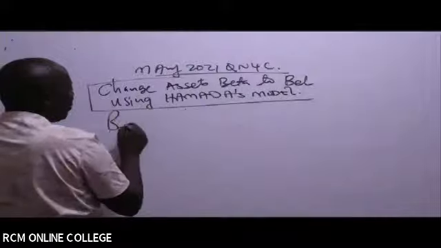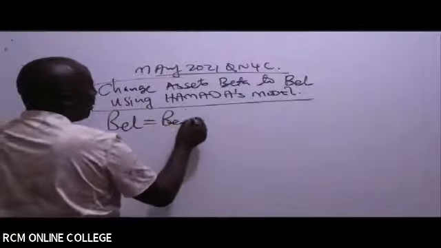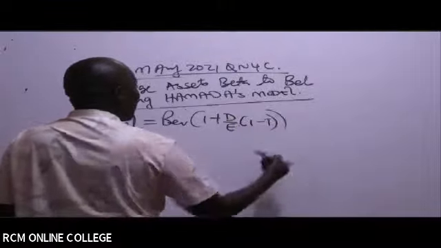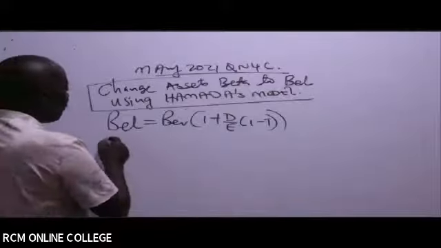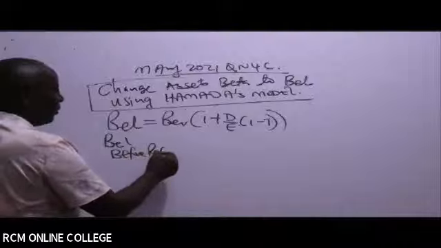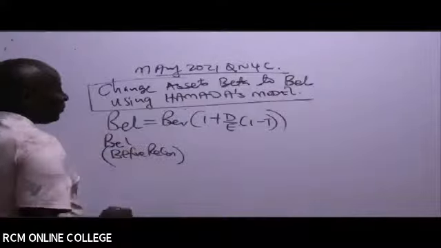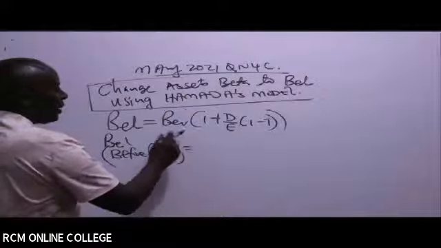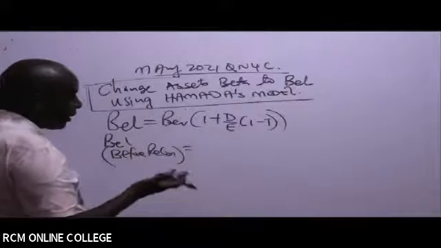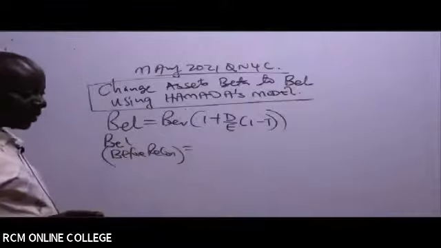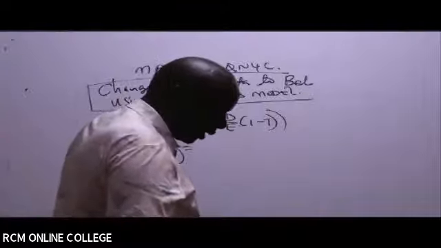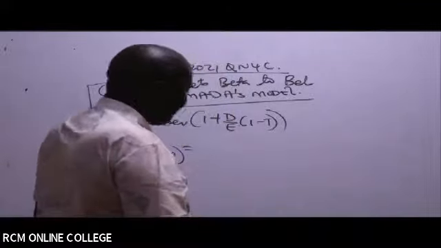Highlight that. So we know Hamada's model: BEL equals BEU times 1 plus debt over equity times 1 minus tax. So give me this BEL before reconstruction. Are you able to see that beta equity unlevered is the same as beta assets? Yeah, I can see Shayla there. Great. So beta assets is 0.9